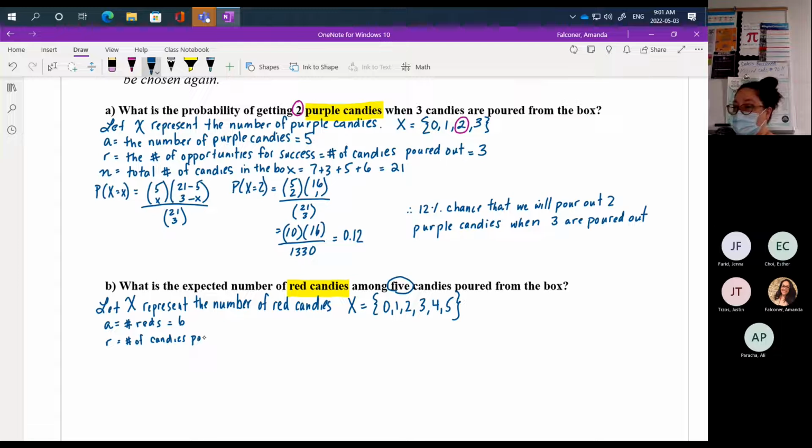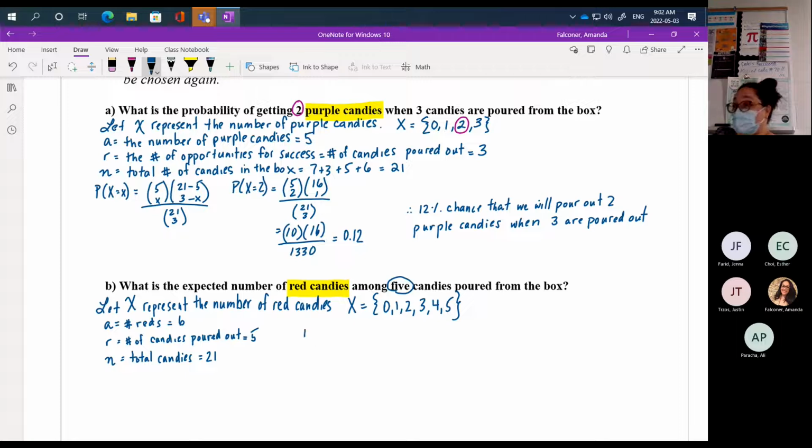Right, it's the number of opportunities there are for us to get red. So that's 5 in this case. N is the total number of candies in the box, so that doesn't change. The sample size, that one's still 21. Okay, and this one's asking to calculate expected value because it says, what's the expected number